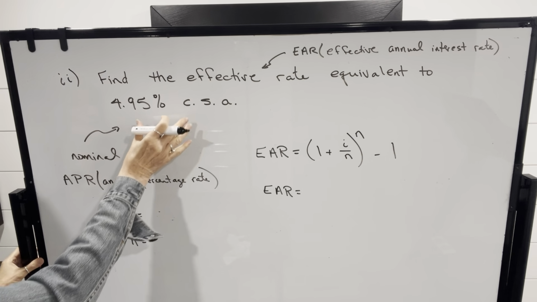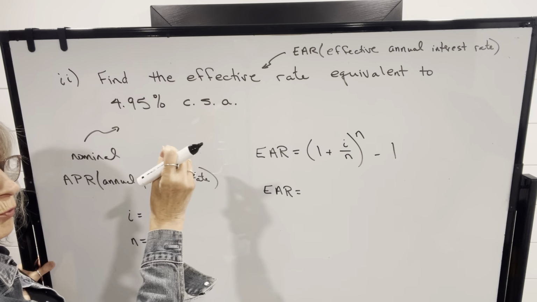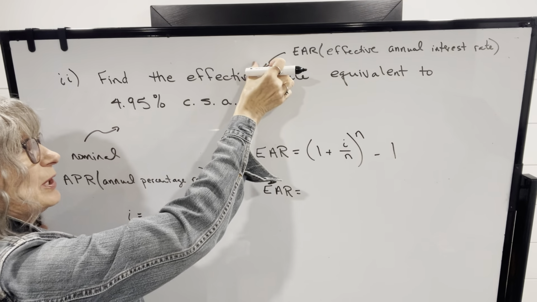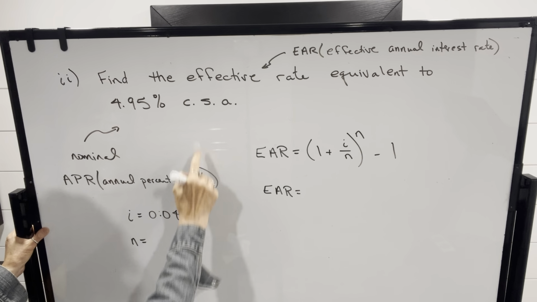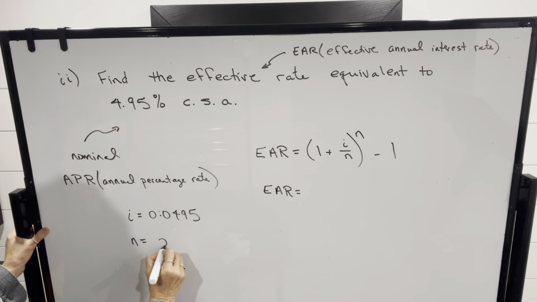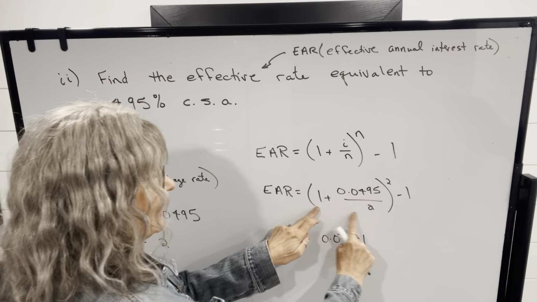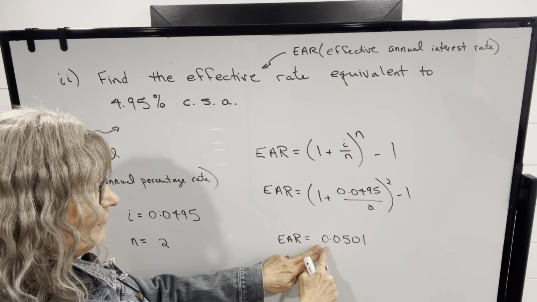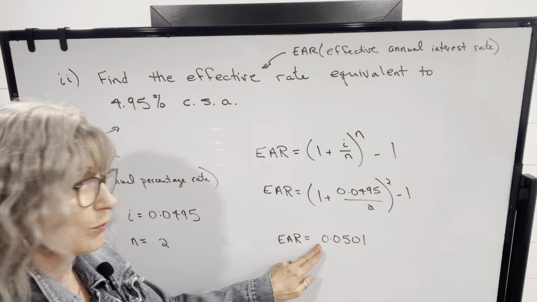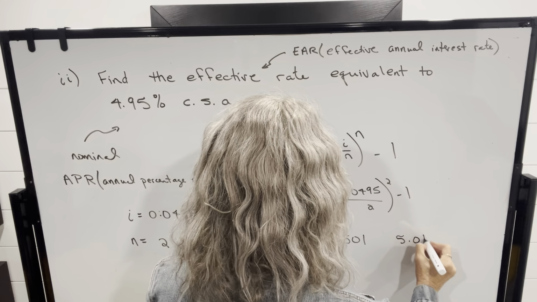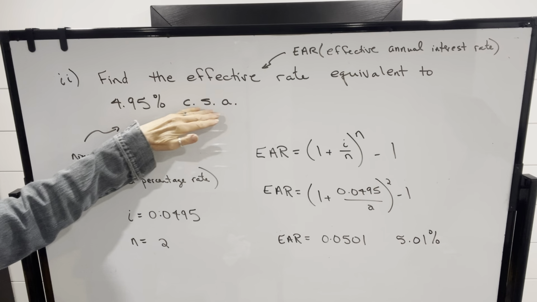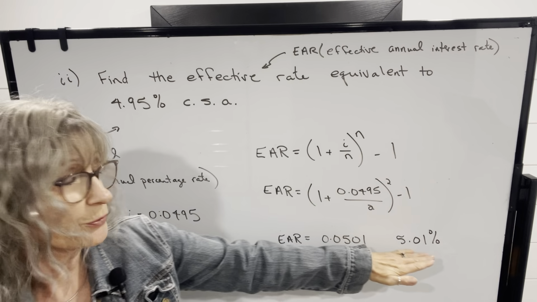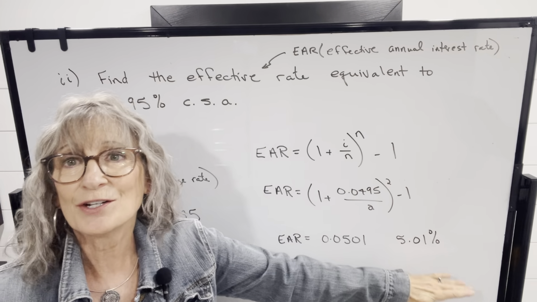So we know the interest rate if it's compounded semi-annually. We want to know what that would be equivalent to if it was compounded annually. We know I is 0.0495. If it's compounded semi-annually, N is 2 compound periods per year. We plug these values into our formula, calculate this, and our effective interest rate will be 0.0501 or 5.01%. So a nominal rate of 4.95% compounded semi-annually would be equivalent to an effective rate of 5.01%, which is compounded